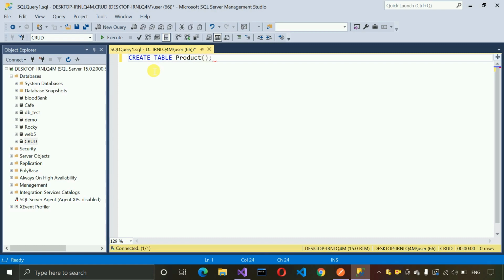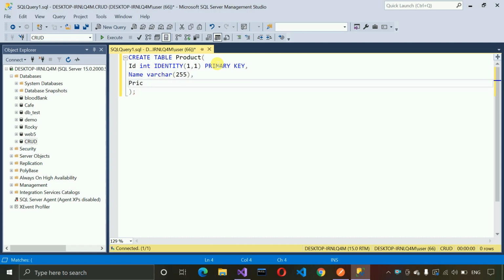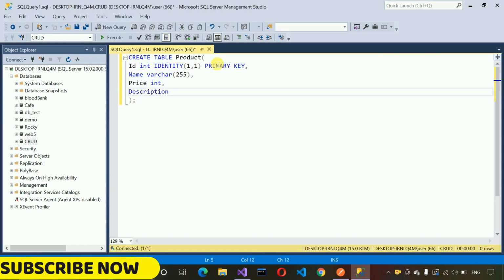Here we have to write ID, type int, identity, and it should be 1, 1, and after that we write PRIMARY KEY here, and Name varchar, and here we write 255, comma, and after that Price, and it should be int type, and Description, and it should be varchar 255,